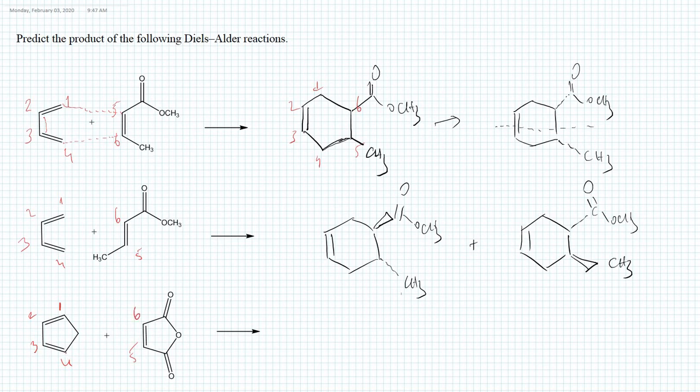Number 4 is going to make a new sigma bond with 5. Number 1 is going to make a new sigma bond with number 6 carbon. Then we are going to write, similar to this, a cyclohexene as the product. But if you look here, we have a CH2 group. Let me label this one as CH2, because we have to show this CH2 when we draw the new